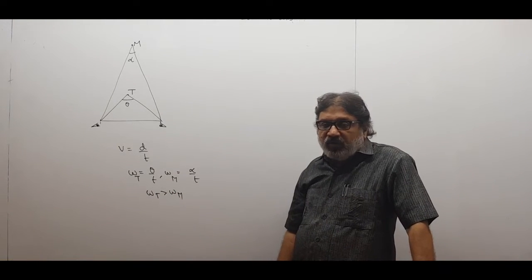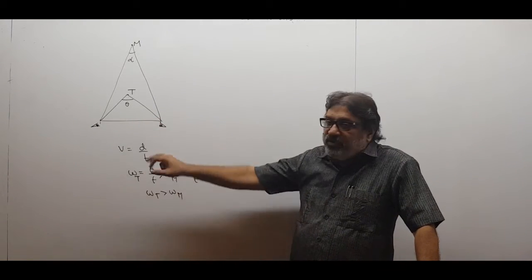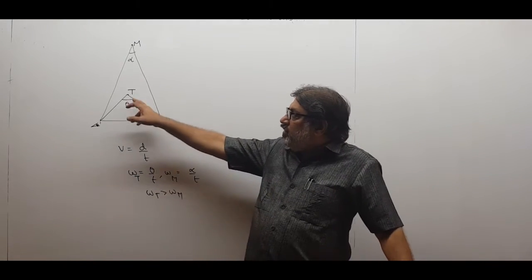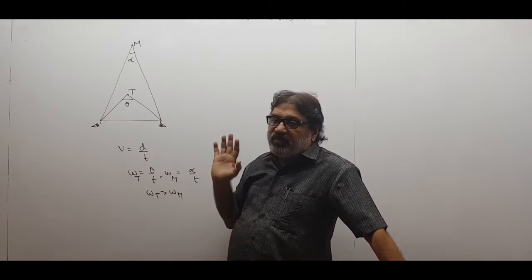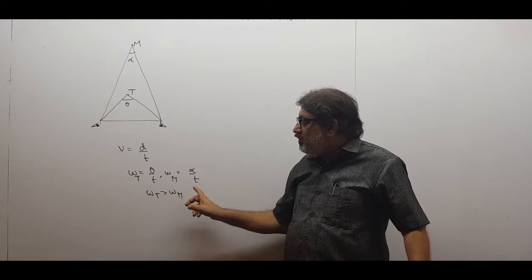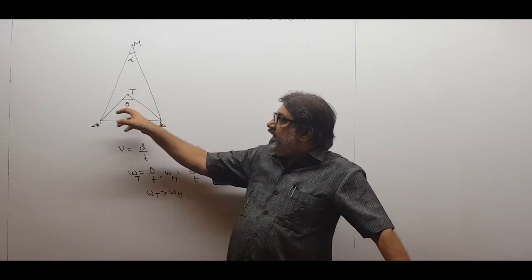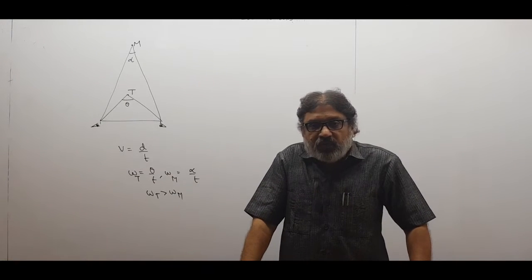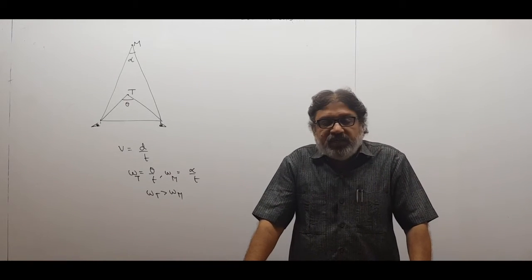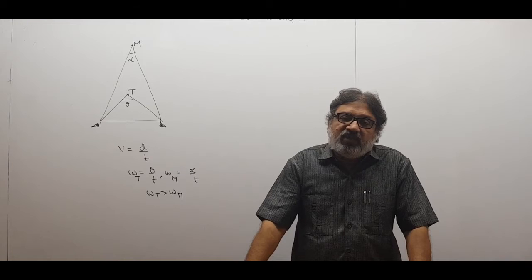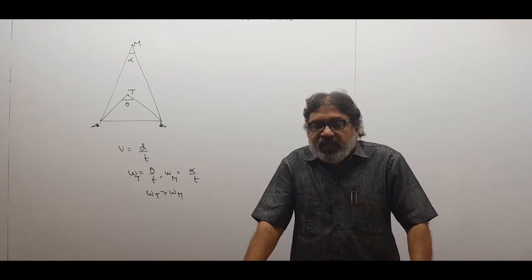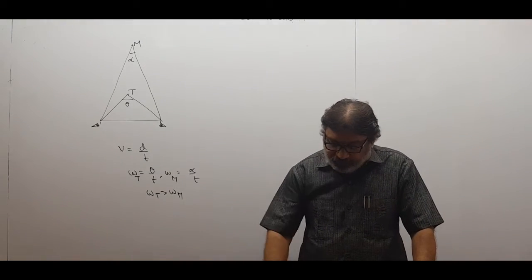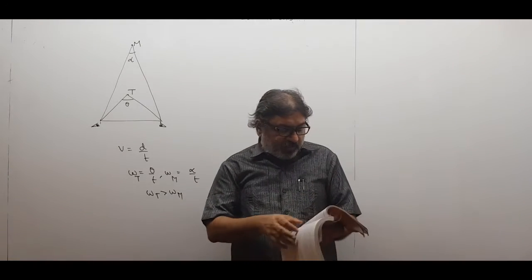But anyway, I told you in short, angular speed is given by angle upon time. Whether you are looking at the tree or the mountain, you reach from here to here in the same time. So time remains the same in both the cases. Only the fact is that the angle is different, and therefore angular speed is more for the tree and less for the mountain. If angular speed is more, the linear speed also is more. Therefore you find trees moving at a greater speed and mountains at a lesser speed. So it's a concept of angular speed anyway.